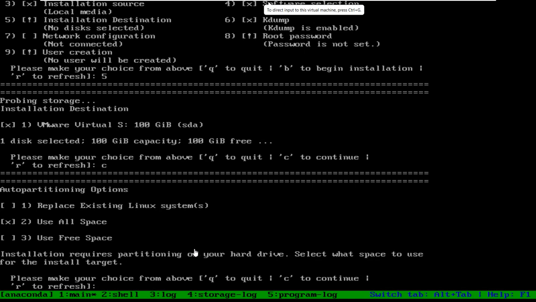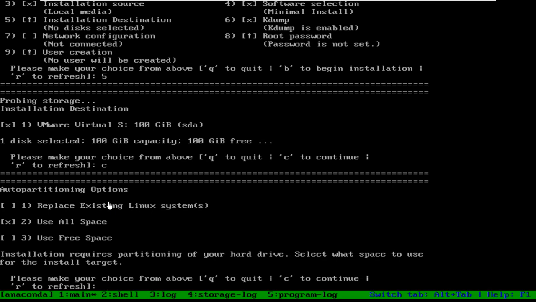Now it is asking how you want to create your partitioning layout. It is saying auto partitioning options. Now in this TUI installation method, it will not allow you to create custom partitioning. It always goes for auto partitioning. That is why I said this TUI method is a little less feature-rich than GUI.